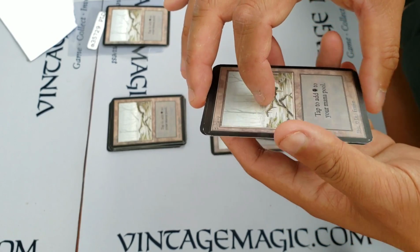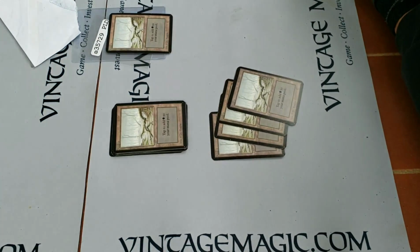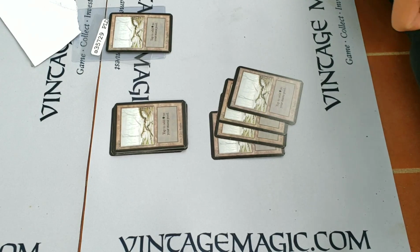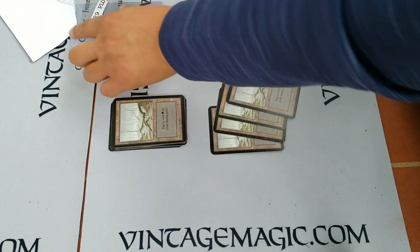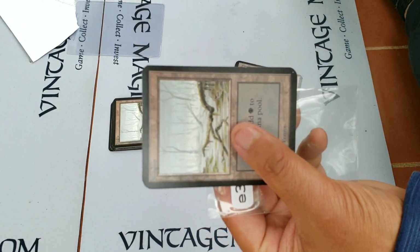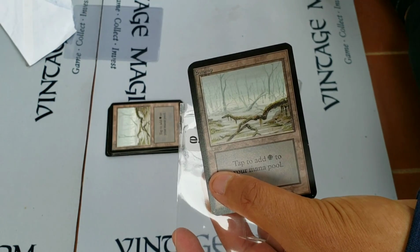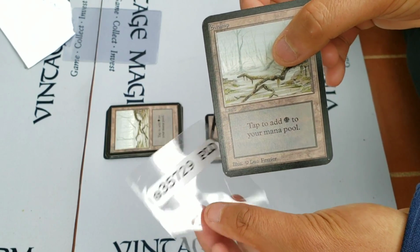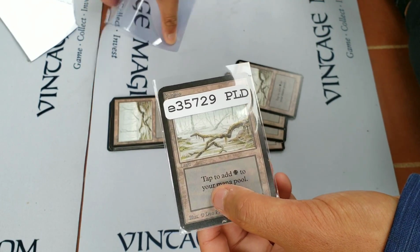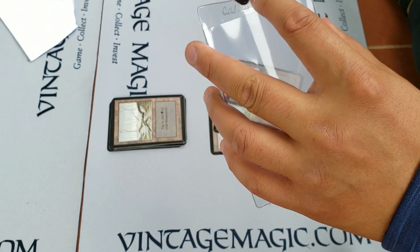All right, guys, so what do you think? I'm going to conclude the video and wrap it up. From what I see in this video, I have spent about half an hour analyzing all this stuff. I will conclude that the alpha swamp that Nick got from ABU Games was actually an alpha swamp. It was not a cut swamp. It is a legitimate alpha swamp. And I think that he has no concern to actually be worried. I think he has a valid concern to bring it up, but